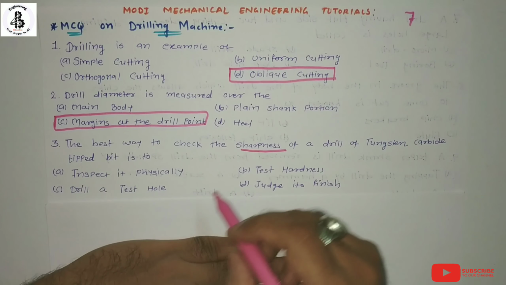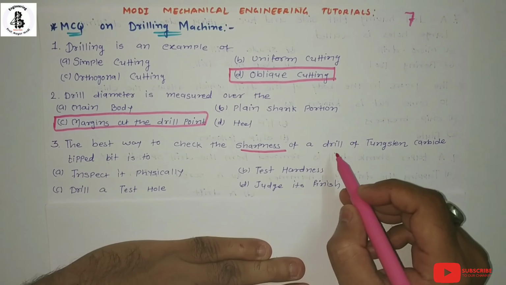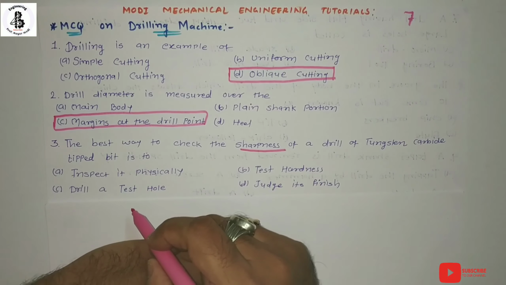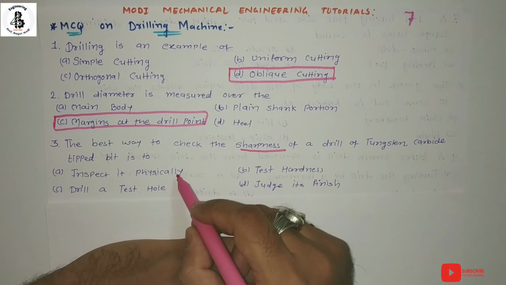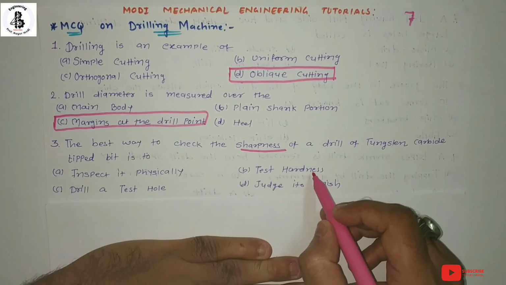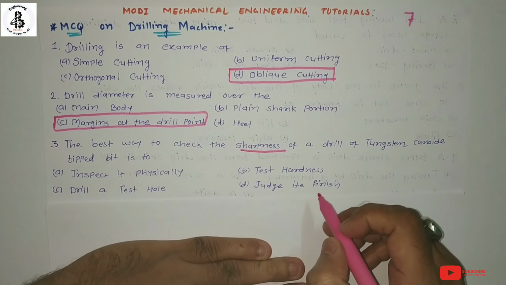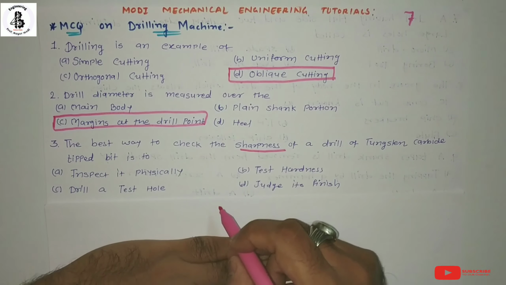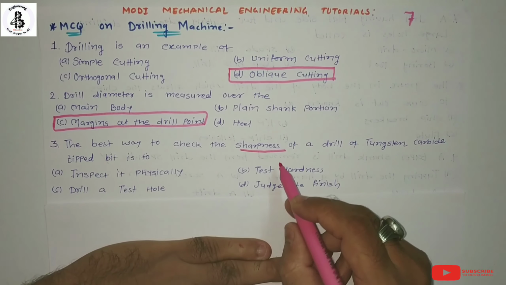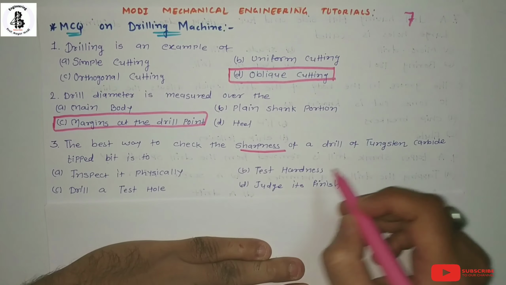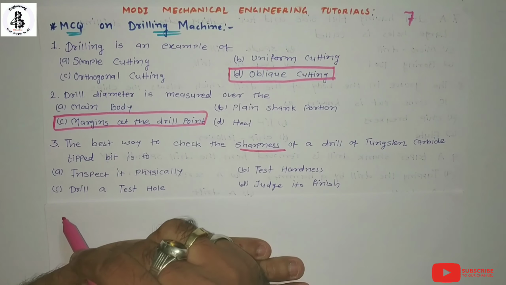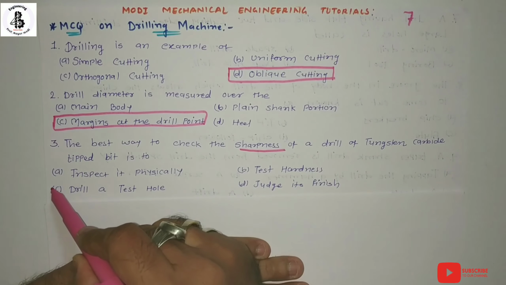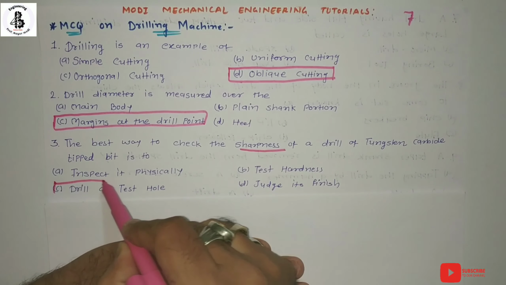So basically for checking the sharpness of a tungsten carbide drill, you should drill a test hole. Physically it will not be possible. Testing the hardness will also not be possible, and you cannot judge the finish of that particular tool. So you check the sharpness with the help of drilling a test hole, performing the operation in short. So option C will be the right